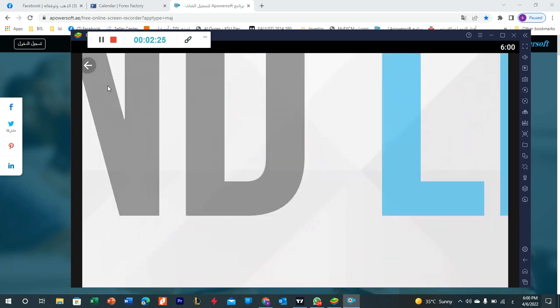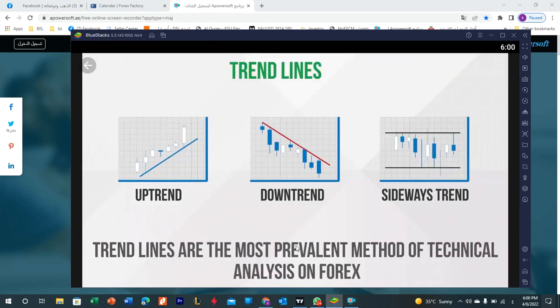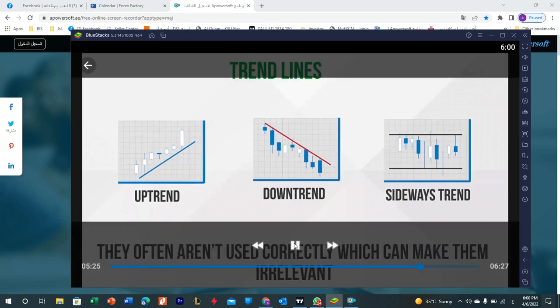Trend lines. Trend lines are the most prevalent method of technical analysis on Forex. However, they often